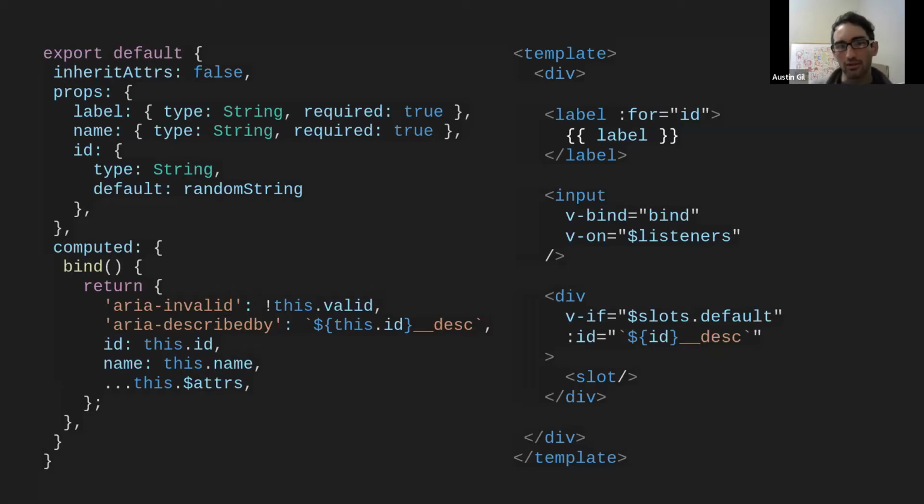And then the ID, we can do something a little bit different. We can default to whatever the ID is that the consumer developer provides, if they want to provide an ID as a prop, or we can do them a favor and either take that or just take some randomly generated string. And so with all that, what we can do is move on to a computed property,